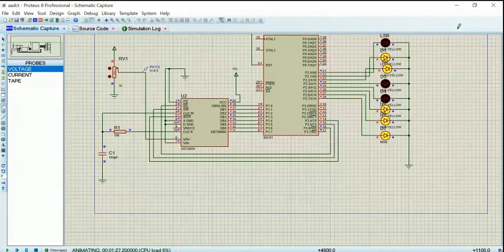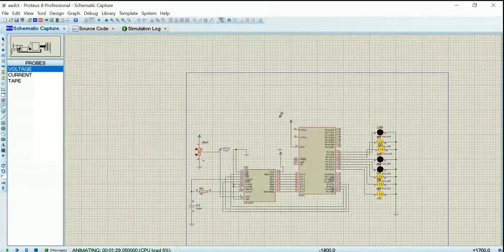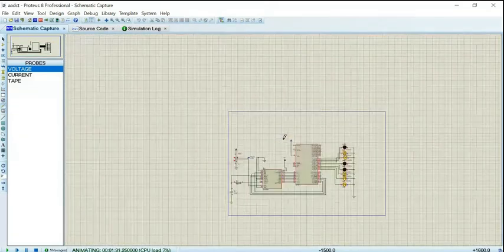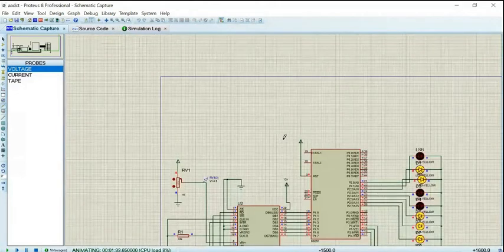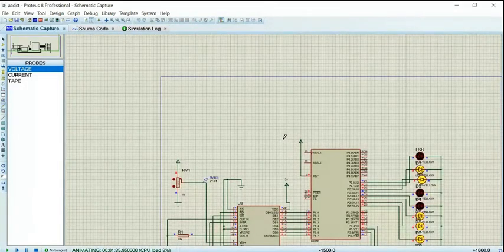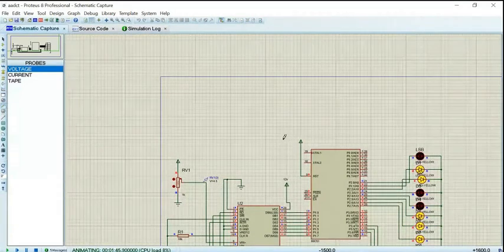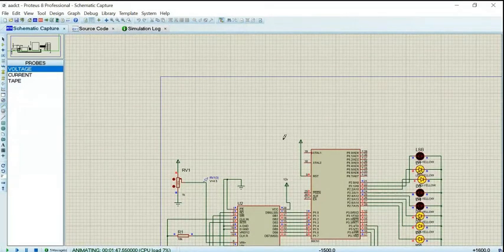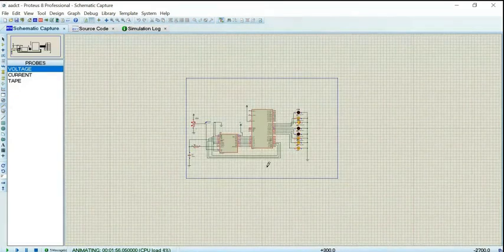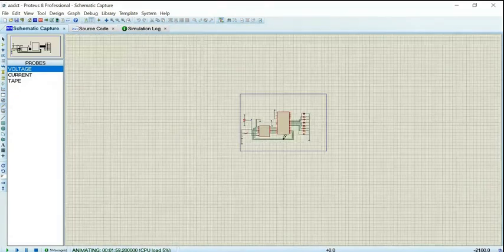I'll share this. You have to do it for the examination, there is no other option. I'll share this Proteus file, the DAC Proteus file and the ADC Proteus file with you. But for assignment submission, please remember, you must use ADC 0808 only. Everything is available on the internet, but you have to decode it. You should understand and practice by spending some time. Any doubt regarding this particular topic?